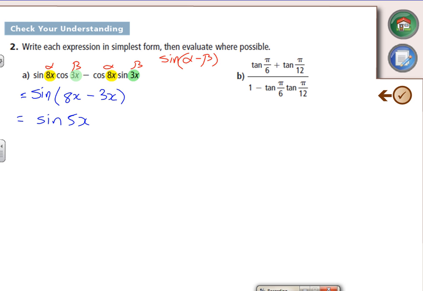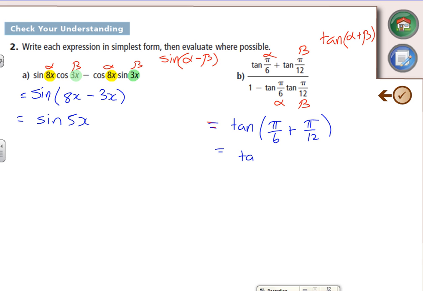For this one, scan through, see which one of those it most represents. And that is an alpha, that is a beta, that is an alpha, that's a beta. Oh, look at that. This is tan of alpha plus beta. And let's just plug her in. So tan of alpha plus beta